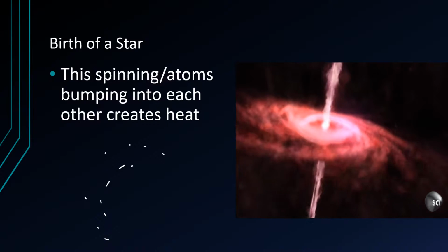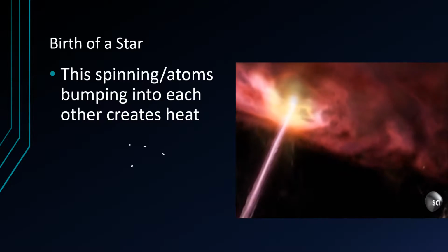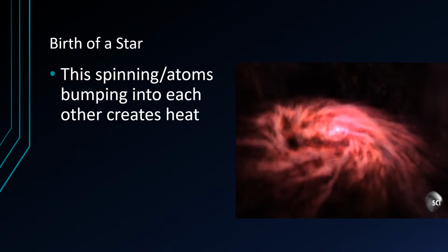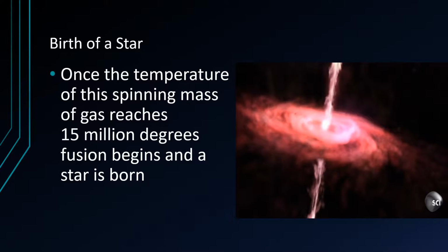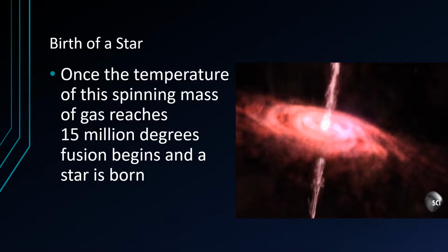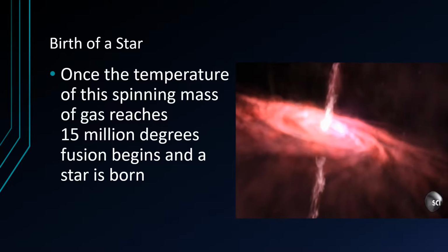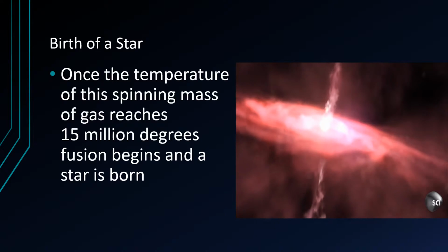Hydrogen is going to be the first gas that's going to burn in a star because hydrogen has a fairly low fusion point. The fusion point for hydrogen is about 15 million degrees, which means that at 15 million degrees,